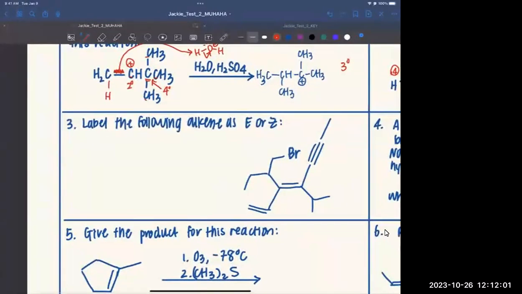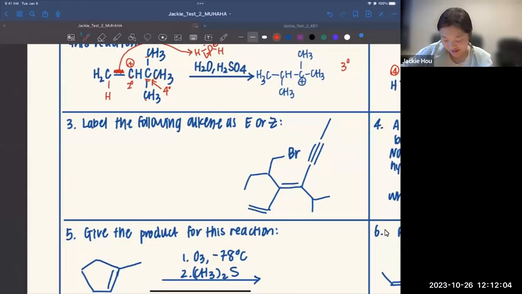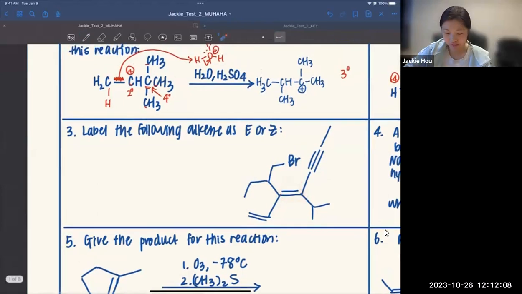Okay. Labeling alkene as E or Z. Okay, so looking at this alkene over here, whenever we're labeling anything as E or Z or deciding, for example, when we're naming something, whether or not something qualifies to be named as E or Z,